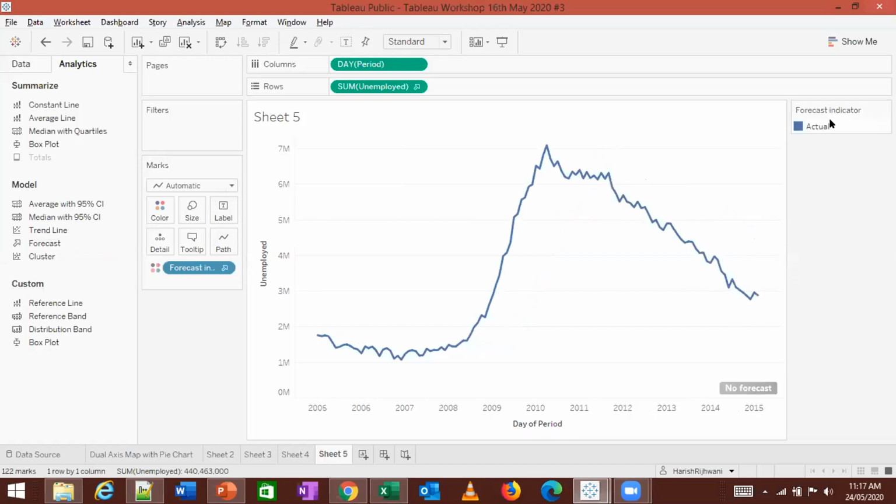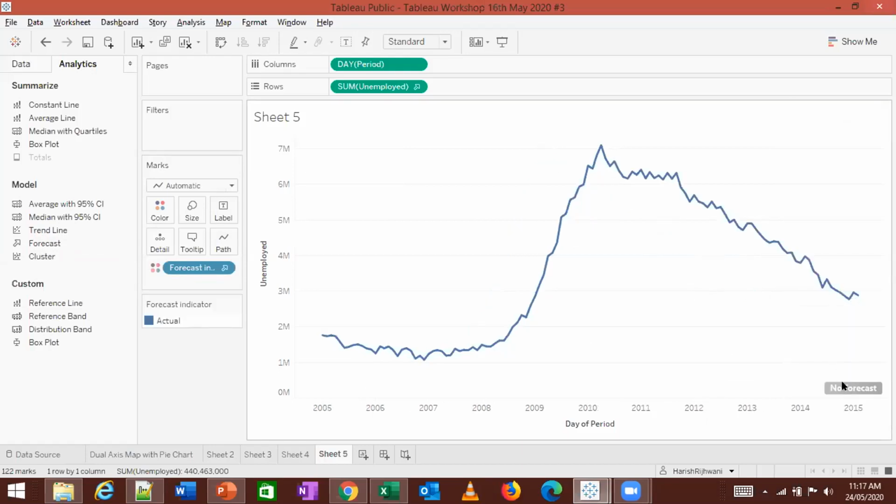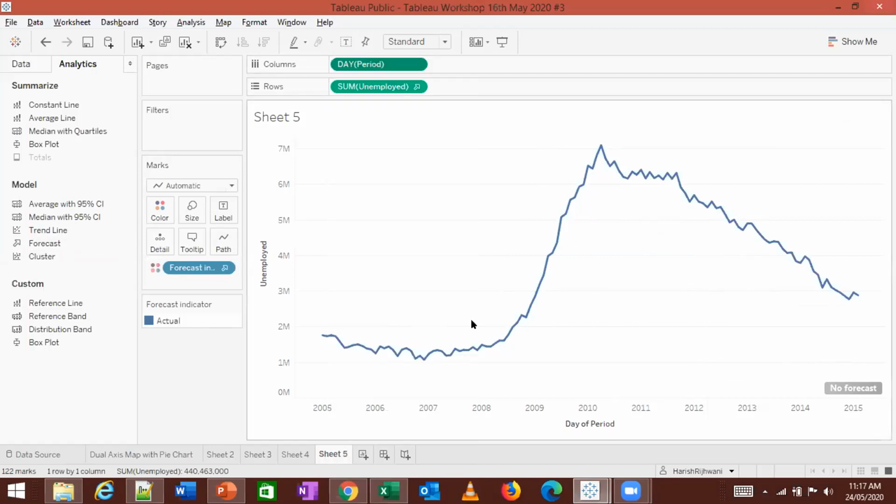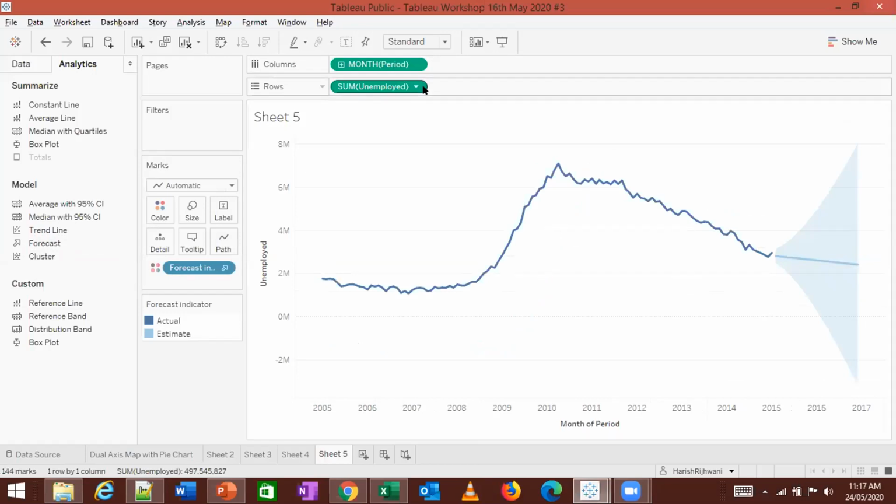Okay, so what happened? Why am I not seeing that forecast? No forecast. There are too many missing values. Okay, let's change this to a month. When I change it to month, I am getting that forecast for that particular month.